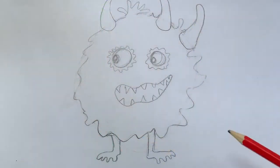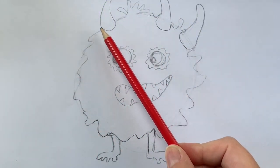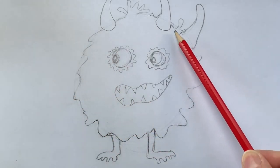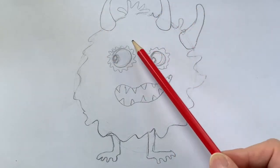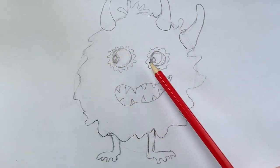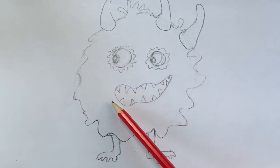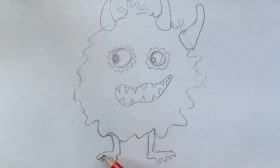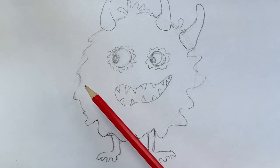So first of all, what you want to do is sketch out your monster. I have created some wiggly lines all the way around. I've added in some, a bit like triangle horns. We've got some eyes that are round with wobbly bits around the edge. We've got a wobbly mouth with some triangle teeth. And finally, we've got feet. Now we're not going to do any hands because we're going to do those a little bit later, but next